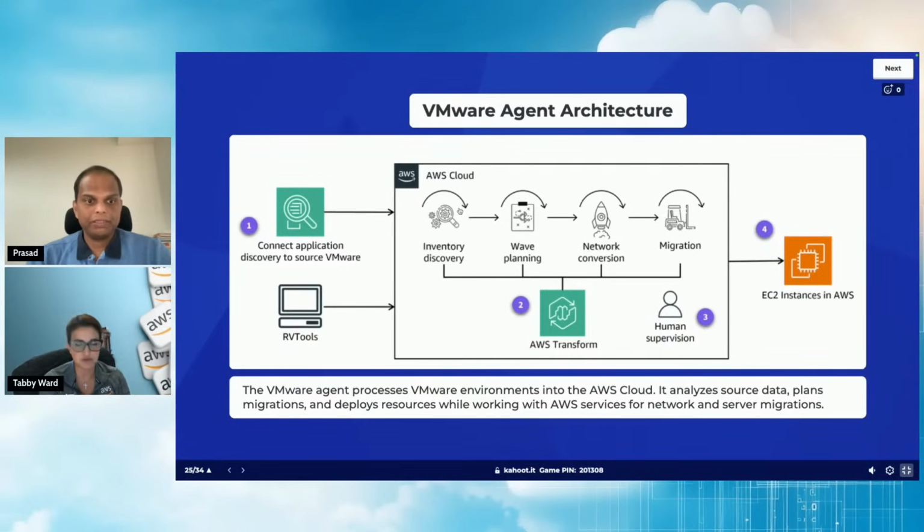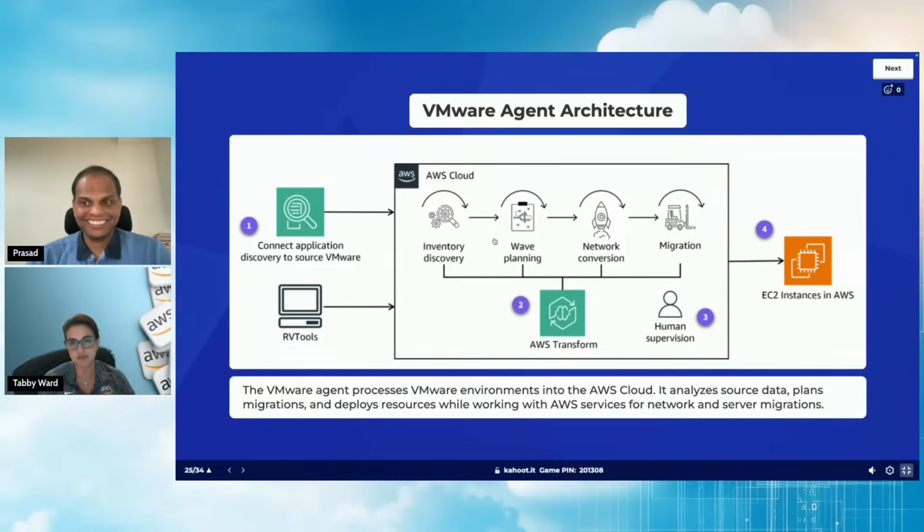You have different options too. If ADS is not an option, you can always upload a flat file, which is an RVTools export, right? Import, export, and use that. But there are advantages, and we can get into more detail on using ADS. Then it analyzes the workloads and dependencies, specifically when you use ADS, because it helps with wave planning and puts different applications that belong together into a move group. And I'm telling you, if you want to do this manually, it takes months, specifically if you're dealing with thousands of servers, to put them in different move groups. I've done it myself, and this is a time lifesaver.